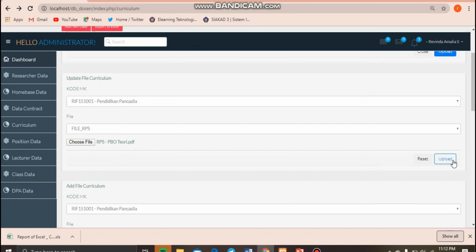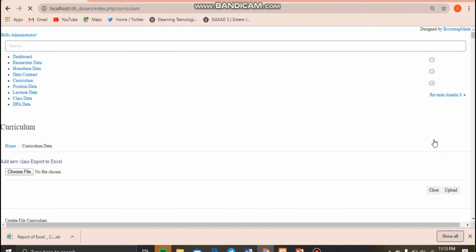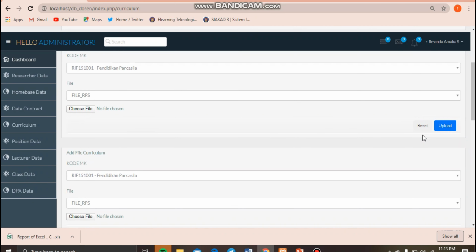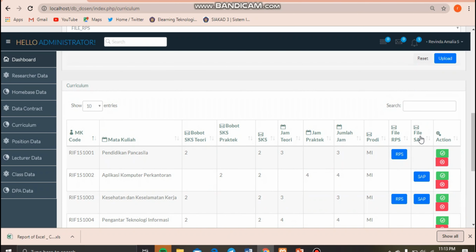Then upload. After that, the file will be updated and appear in our table. Then, we can also download data, in the form of RPS or SAP files, like this.